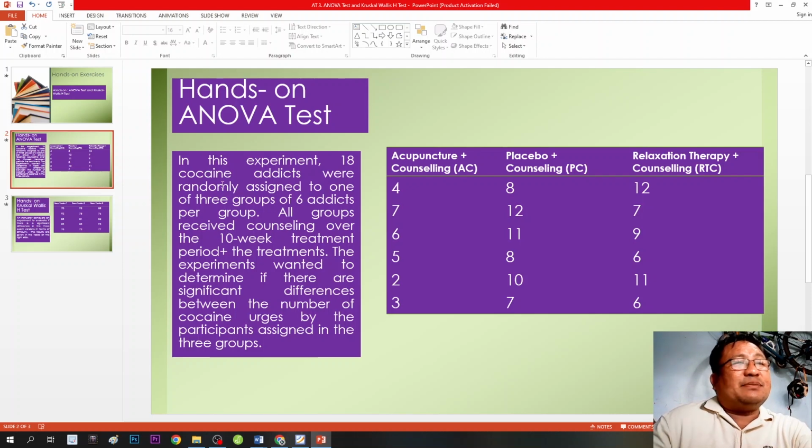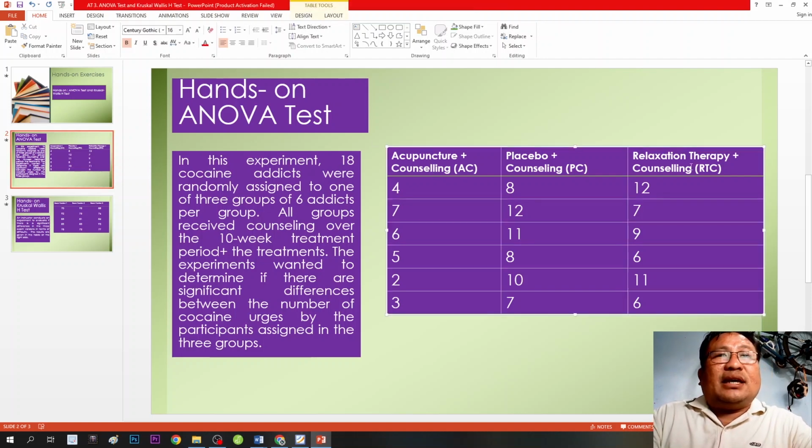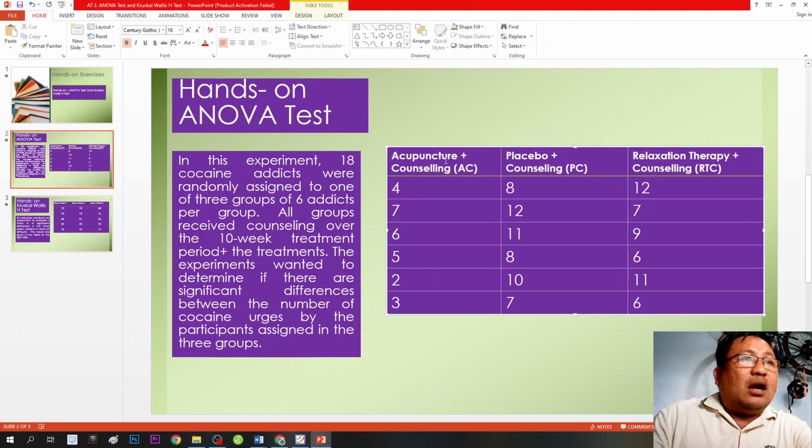In this experiment, 18 cocaine addicts were randomly assigned to one of three groups of 6 addicts per group. All groups received counseling over the 10-week treatment period plus the treatments. The experimenters wanted to determine if there are significant differences between the number of cocaine urges by the participants assigned in the three groups. So here we can see on the right side the data for treatment